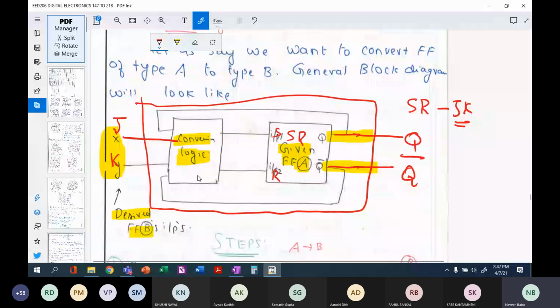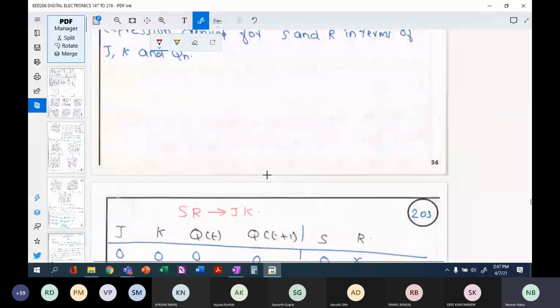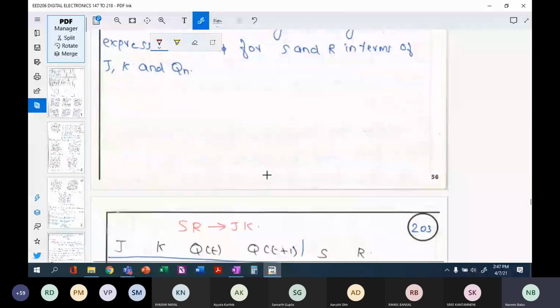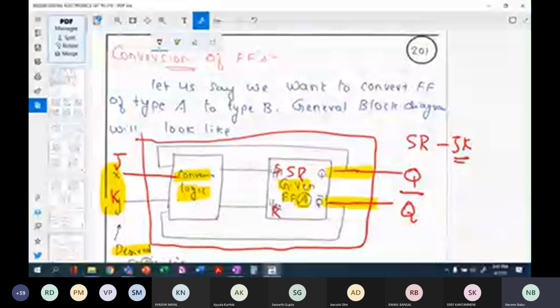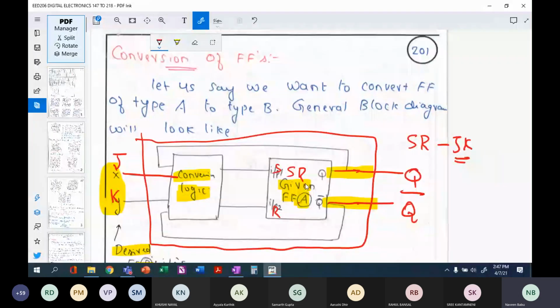I'll just go through it. There are a lot of steps, so we will do it in the next class. Yes, there are a lot of steps here. So I have touched upon the logic of how we are going to convert. We will take one example in the next class and then we will complete. Yeah. So any doubts? Okay. If there are no doubts, then